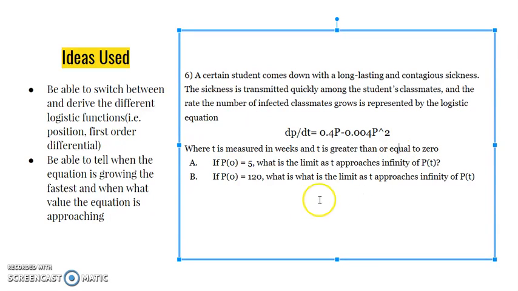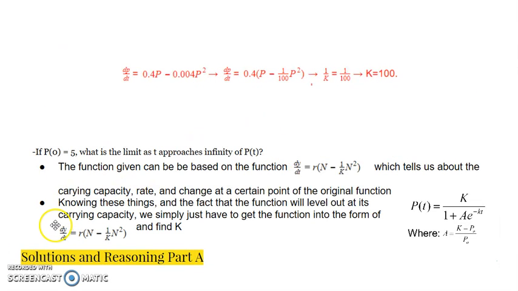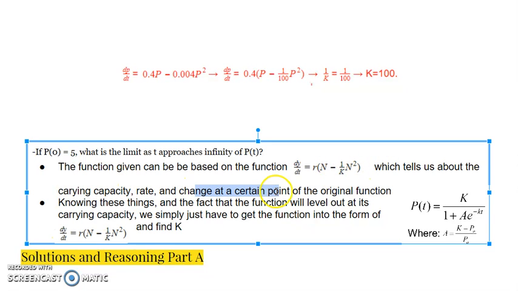And it wants us to find, given P of 0 equals 5, the limit as t approaches infinity. In this, the function is growing fastest based on this, which tells us about the carrying capacity rate and change at a certain